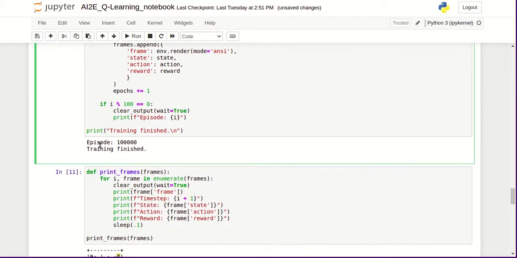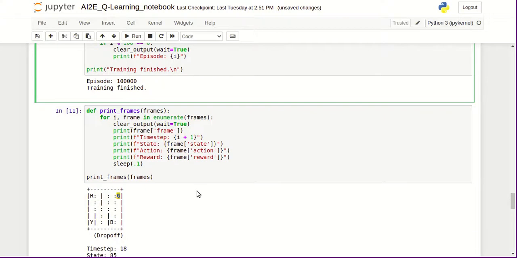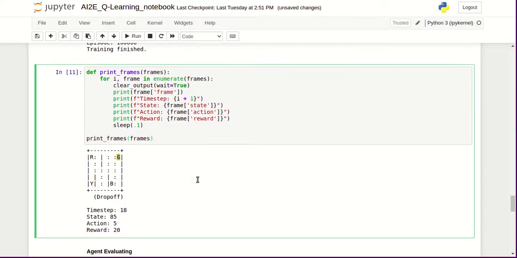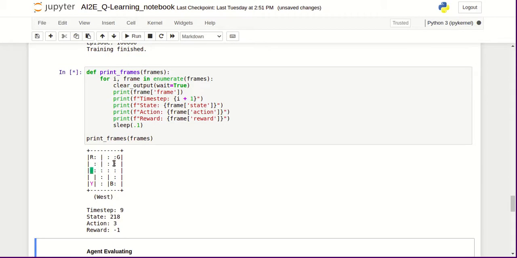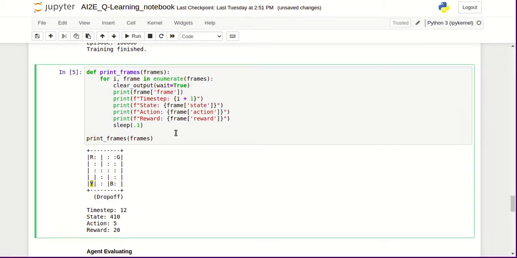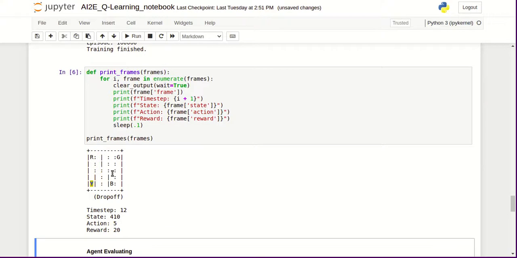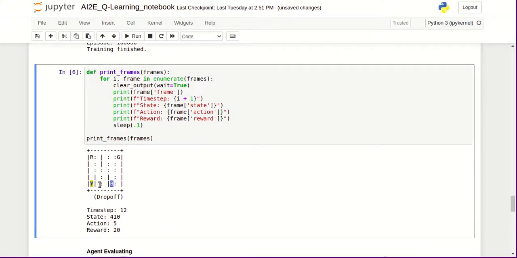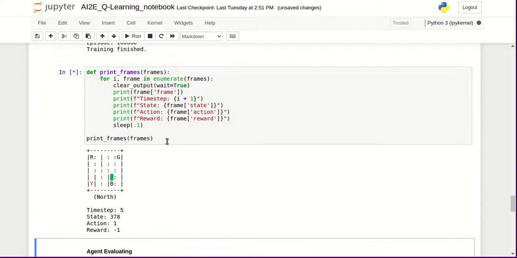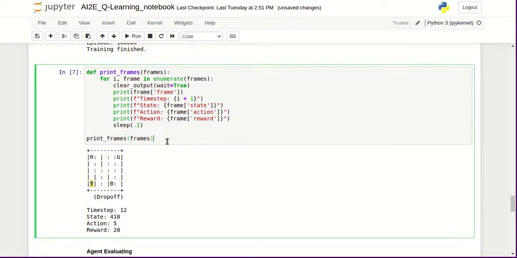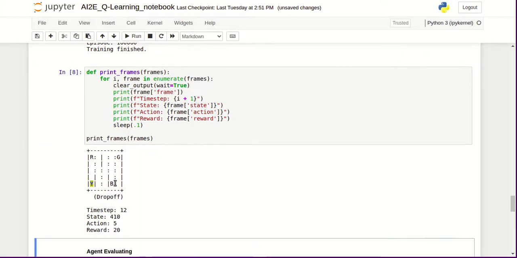So here the training is finished. Let's take a look. How is the agent doing now? What we are seeing now is that the taxi is starting from a position, picking up a person from B and dropping off in Y. Let's take a look again. So you can see that after the training, the cab is respecting the rules. It's not hitting the walls. It's moving in the shortest path to go from B to Y. Let's see it again